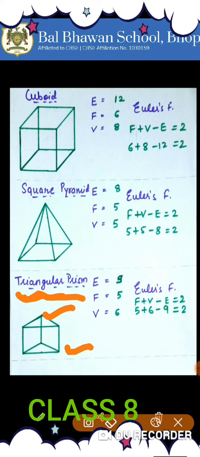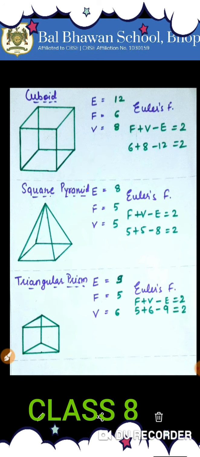Suppose we are talking about the cuboid. You can see that in a cuboid also the top and bottom are congruent, right? So this is also a kind of prism. What kind of prism is this called? This is called a rectangular prism, because the top and bottom are in the shape of a rectangle, right? So the name of the prism is based on its top and bottom.